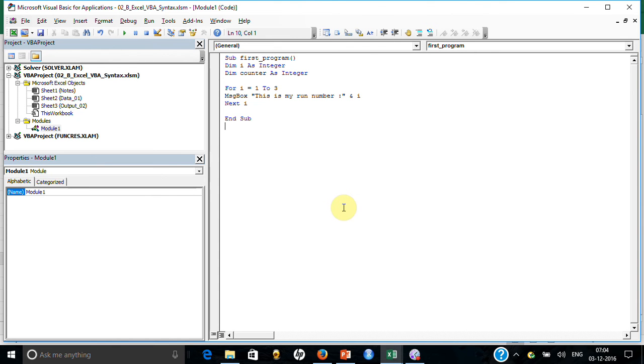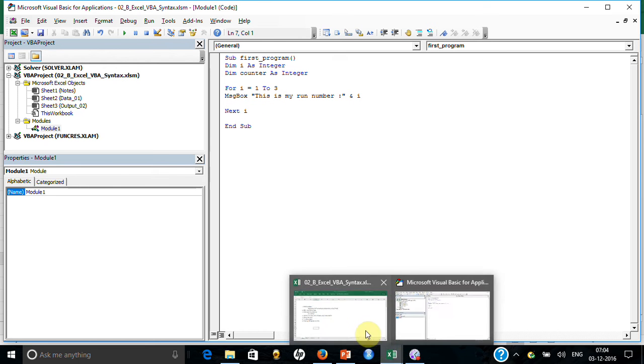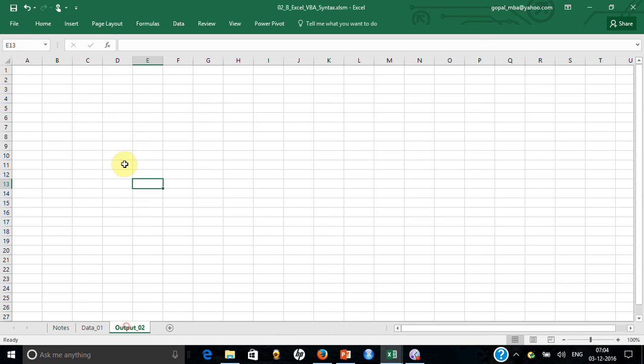There can be one more way. In lieu of doing this, I can go to this worksheet and just type it. Just type here how many times it has run. But then I don't know the syntax for how to write directly here. So let me show you how I can use Excel features to find that out.